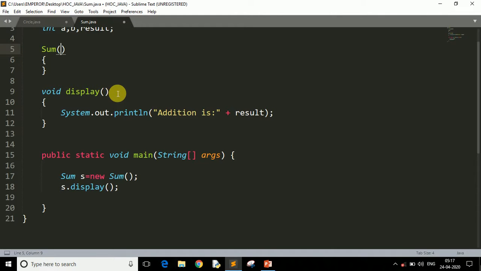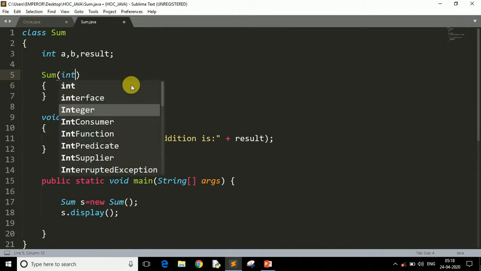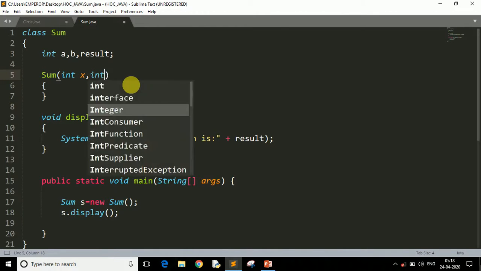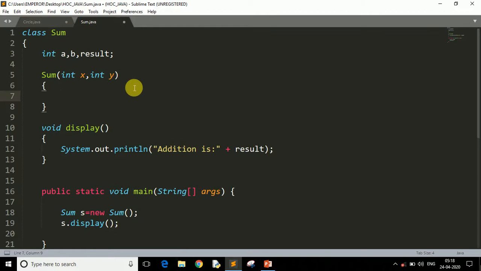In order to use the parameterized constructor, we have to specify parameters here. So we have 2 parameters, which are integer x, say for example, and integer y. You can specify any name here. When we use the parameterized constructor, we have to pass the arguments, right?